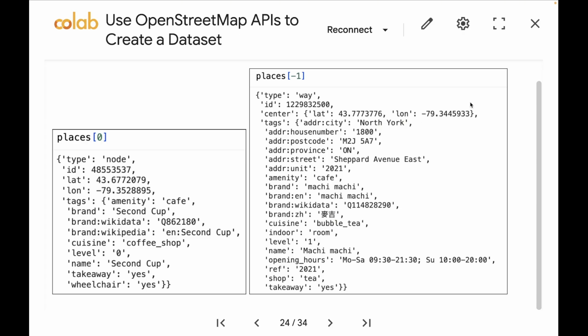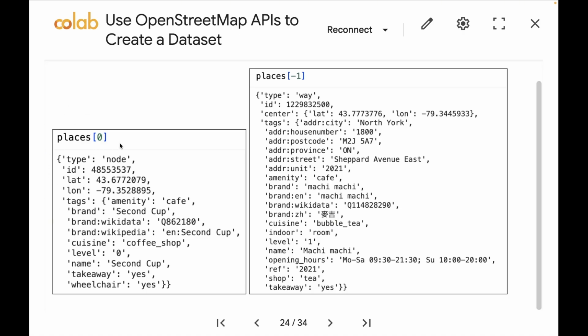Latitude and longitude. So latitude and longitude is not directly available as keys. Instead, they are the keys inside a value that is a dictionary. And so this is a bit of a nested structure. So if you are directly converting all those records to rows in a data frame, what happens is that for